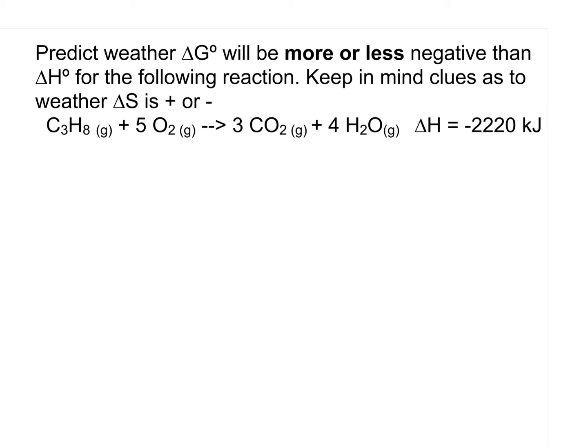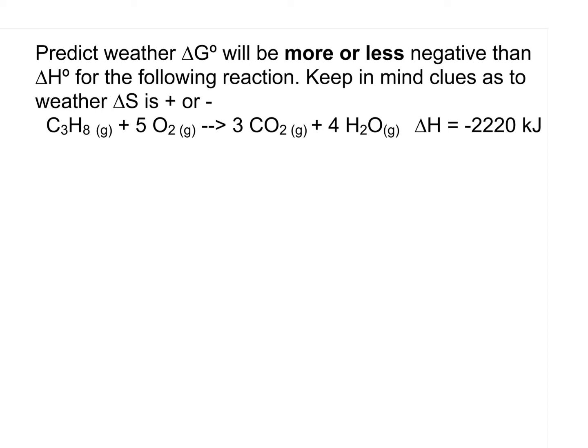Now take a look at this problem. Sometimes you're not actually asked to calculate the free energy of a certain situation, but rather just talk about it qualitatively. And so predict whether the delta G of this reaction will become more or less negative. Notice it's not asking you to calculate. It's asking, will it become more negative, meaning more thermodynamically favorable, or less negative, less thermodynamically favorable. Less negative, remember, means closer to 0. So tell us whether or not the delta G will be more or less negative than the delta H for